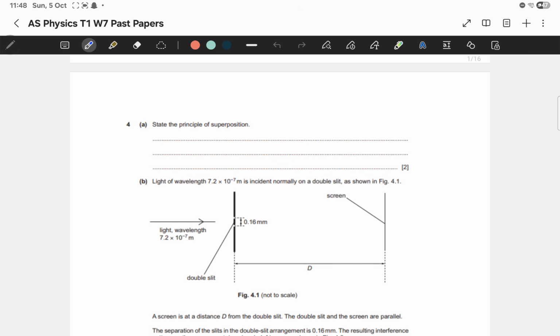Now, the principle of superposition is something you should absolutely memorize, and it's something very, very easy to memorize. Simply, it is put as two waves. Why is it so thick? Oh, wait, why am I recording with this? Wait, it's like this. Two waves